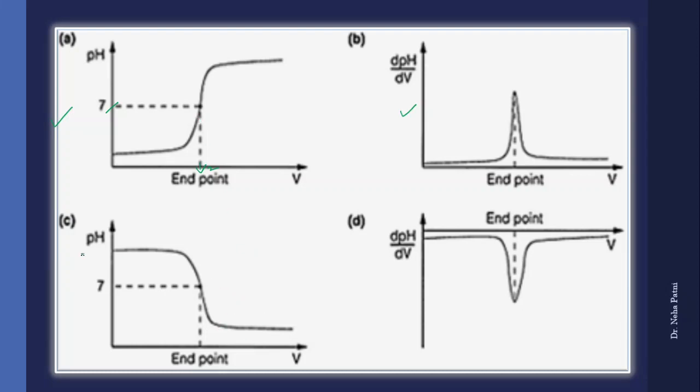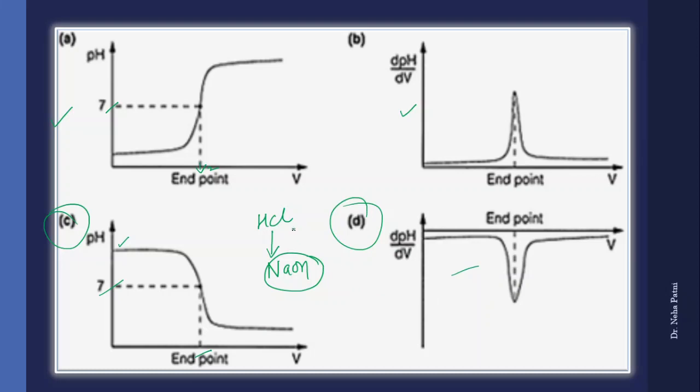Now tell me, can you think of a situation where you get this kind of pH curve? Yes, when you take HCl in the burette and you titrate it with NaOH, which is there in the beaker. So if NaOH is in the beaker, the first pH would be in the basic range, and if you keep on adding HCl from the burette to it, it will decrease. But the transition would be the same; if you extrapolate it on 7, the answer would be the same. Similarly, the del pH by del V graph would be the same.